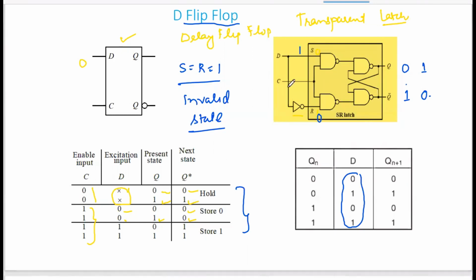This is D flip flop. The working is quite similar to SR and JK flip flop. The only thing that is different is that it is having only a single input, and also it is called delay flip flop. The reason for that is whatever your input is, the output will be same. If D is equal to 1, output is going to be 1. So that's the good thing about D flip flop. If you want to store 0, supply 0. If you want to store 1, supply 1 as an input.